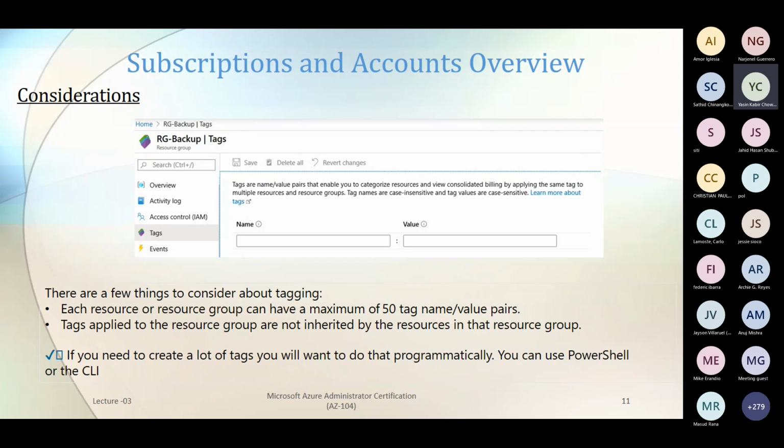Suppose you are a development company and you have three types of projects: one is Android, another is iOS, another is a normal desktop app. So for these three types of apps, we have three resource groups: the iOS development group, the Android development group, and the desktop or normal apps development group. Now if I make a tag where the name is dev and the value